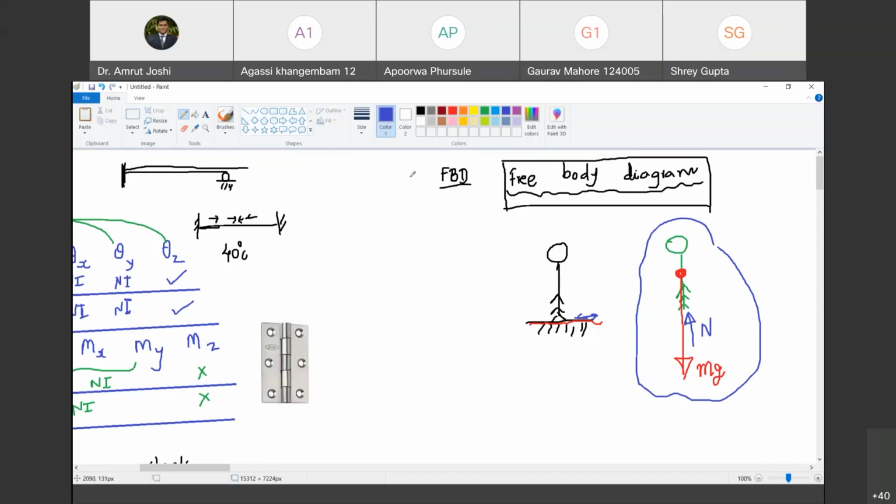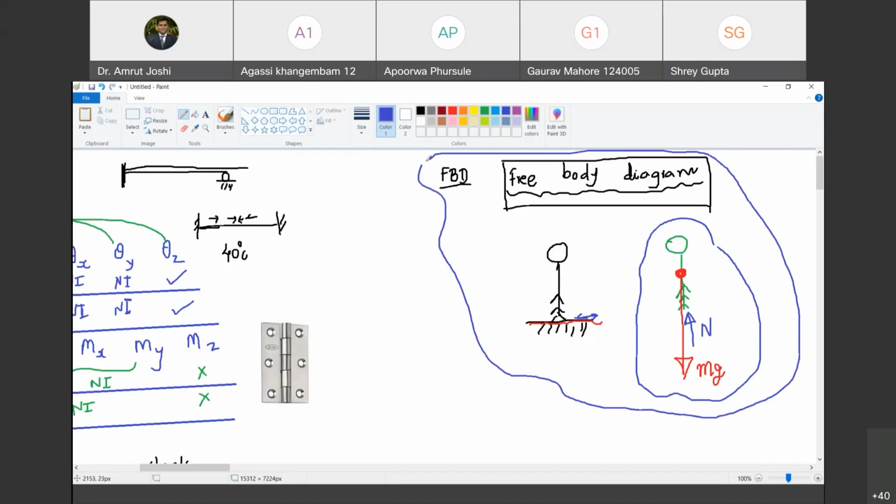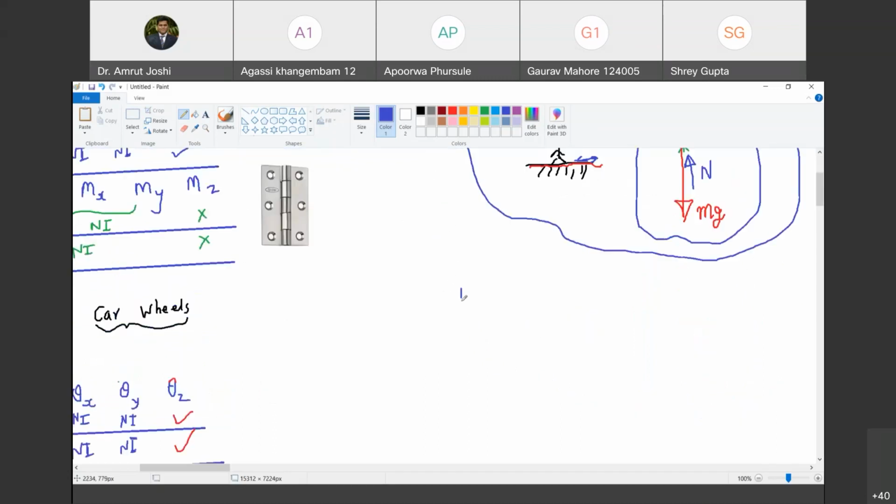Okay, so with this understanding, let us move ahead. We have now understood what a free body diagram is. Now we are going to understand something called equilibrium. Are you with me? Yes, sir. Can you tell me what is your understanding of equilibrium? At rest, sir. The body is at rest. Body is at rest? No. That's unfortunately not the correct answer.